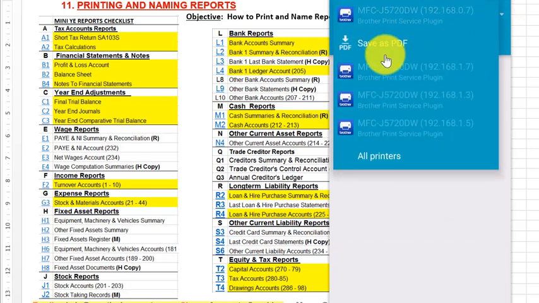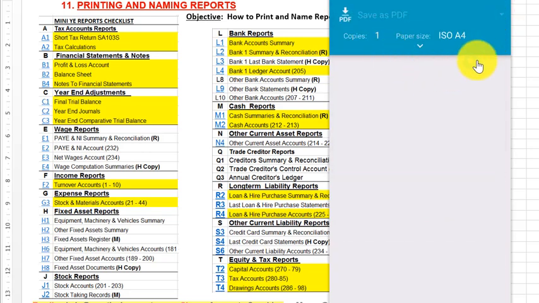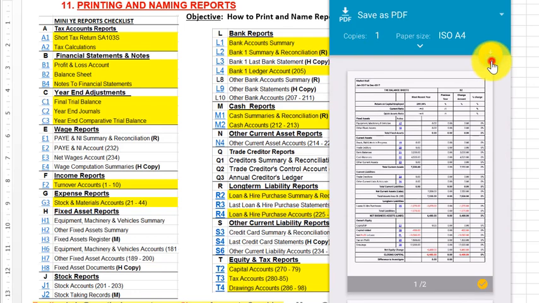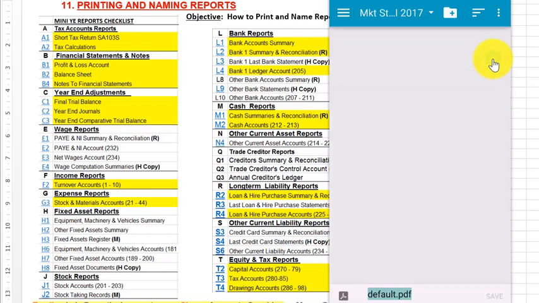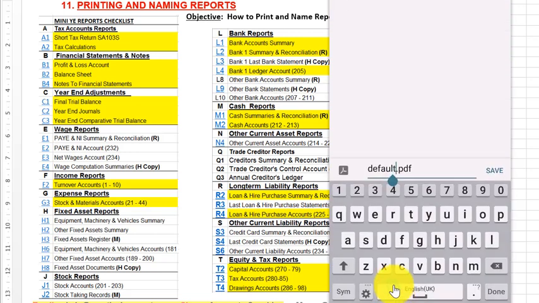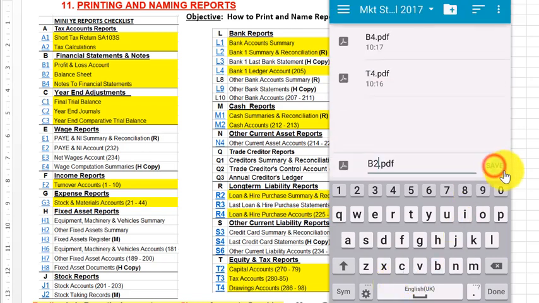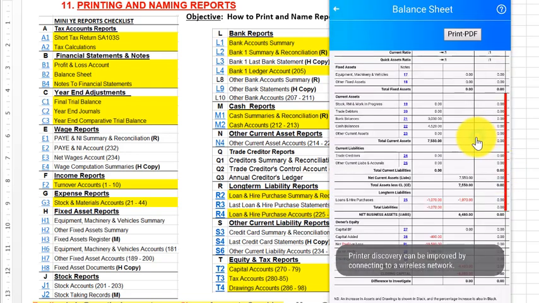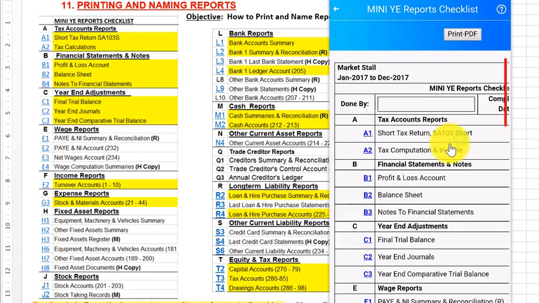Then we click the drop down, save as PDF. We get a preview, click the PDF button. Now this is going to be B2. Click there. Remember the PDF has got to stay there, otherwise we get something else which is not a PDF. So we click save. Then we click back and we're going to print our final report, which is B1, which